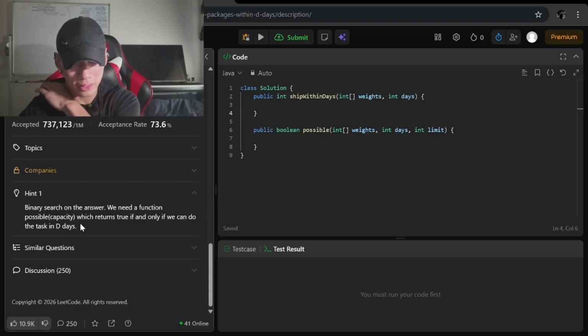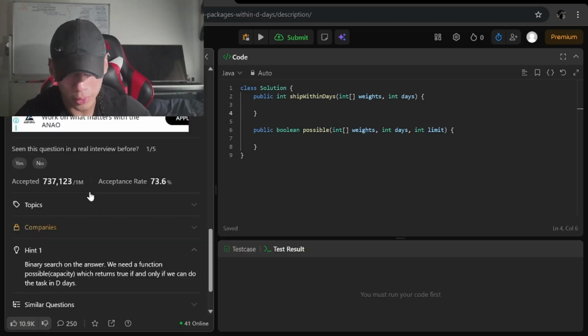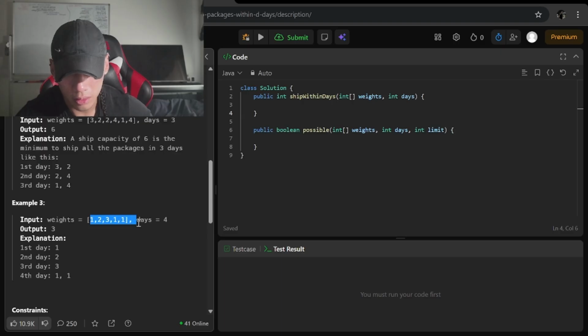Binary search on the answer. So how does that work? Unsorted. Maybe the middle will be like the endpoint from P1 to middle included in a single day, and that'll be the limit. No, hold on.